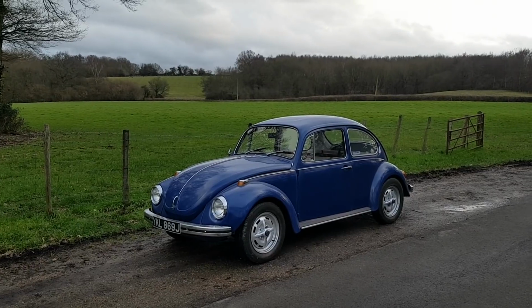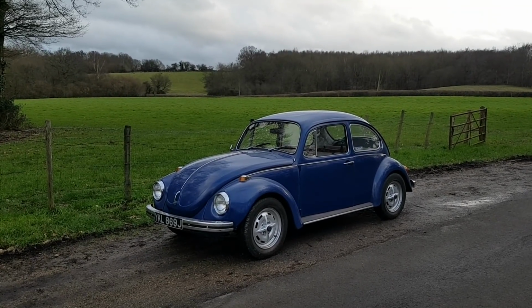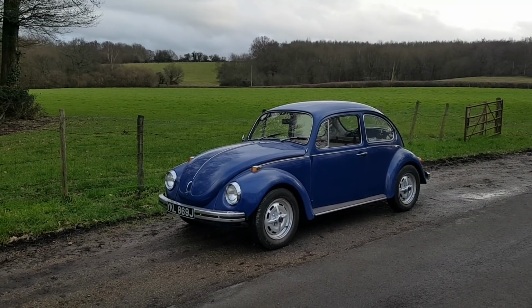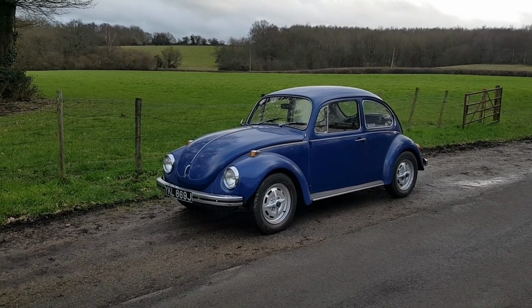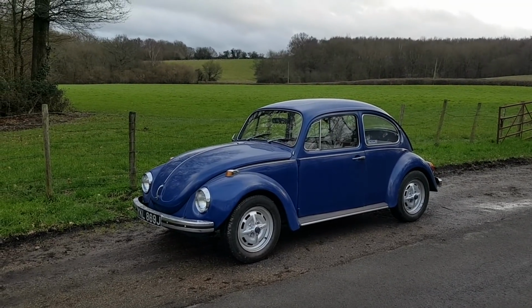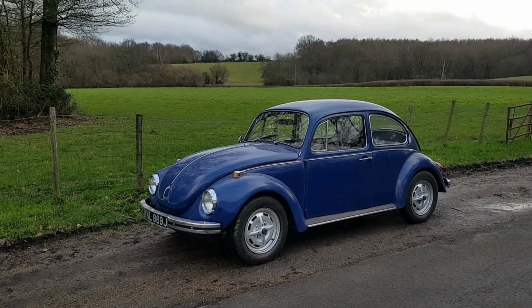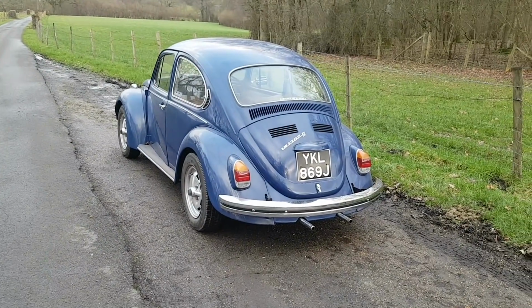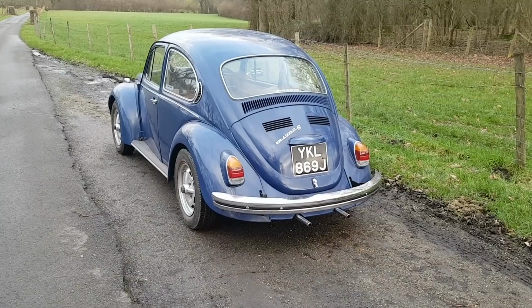This is my 1970 VW 1302S Beetle. A lot of people will say it's a Beetle, it's not that rare. However, the 1302S model was only made for a 2-year run before they upgraded to the curved windscreen 1303S. I love the sound of the little air-cooled 1600 engine. Other features of the car I like are the tombstone rear lights,